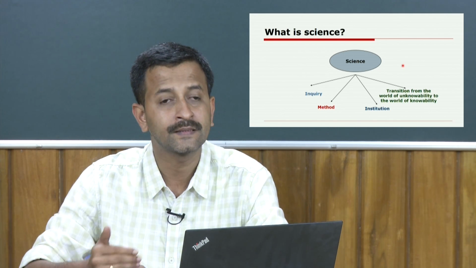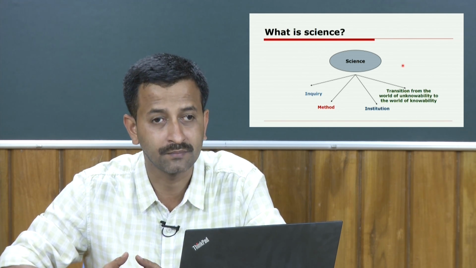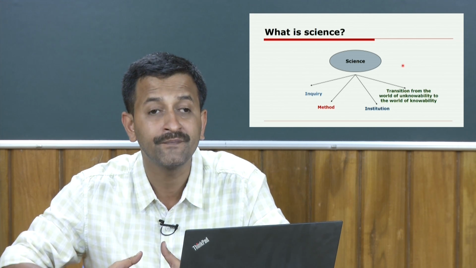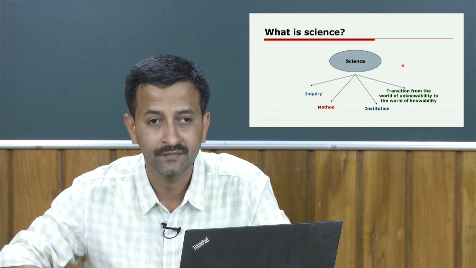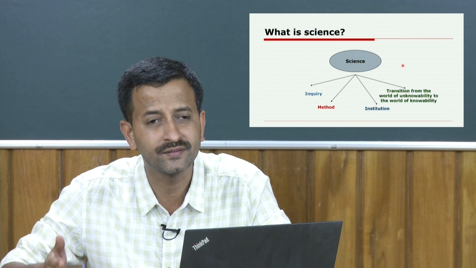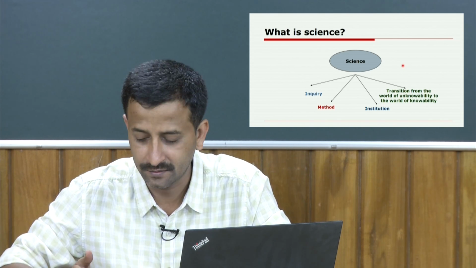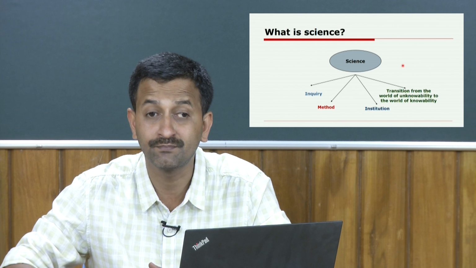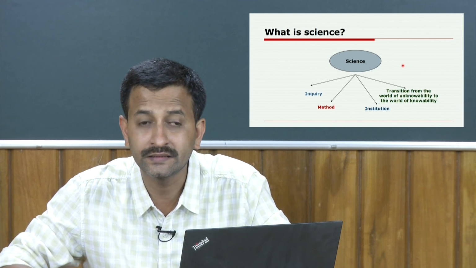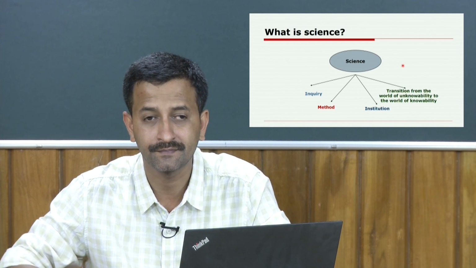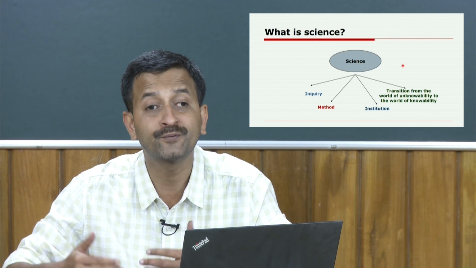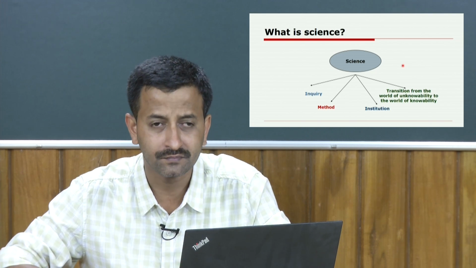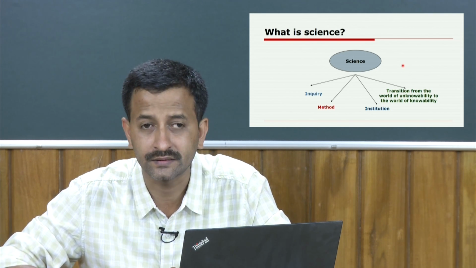Science can also be called a political institution, and when we look at it that way, we can look at the way Nazi science was propagated by Hitler during the Second World War. Okay. We will come to this point later on when we talk about science and technology having political properties. The way science can be a part of the state, technology can be a part of the state. Both science and technology can be offshoots of the state, byproducts of the state. Then we will discuss these things.